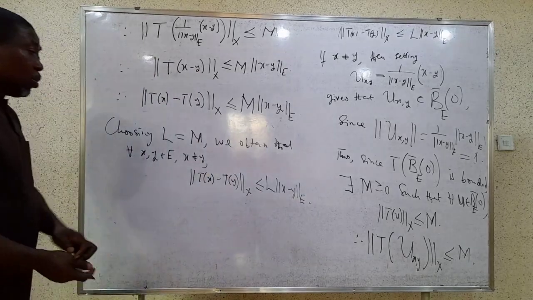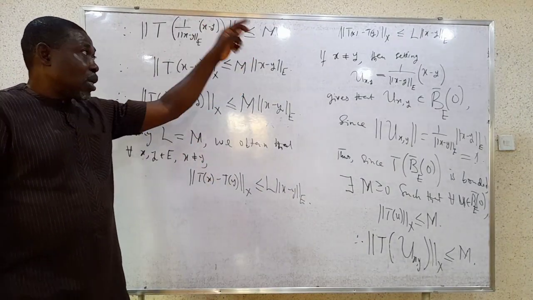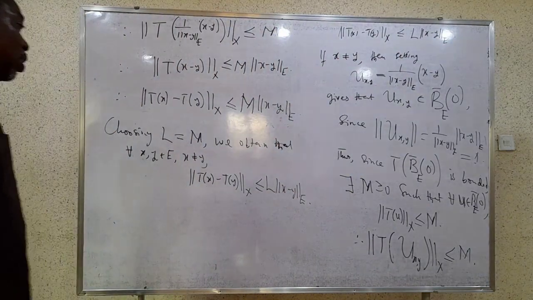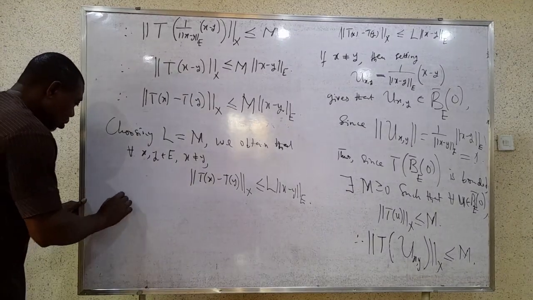So can we now conclude? In conclusion, this is for x not equal to y. Together with x equal to y, you find that we still have the same inequality even if x is equal to y. So I can now conclude therefore that